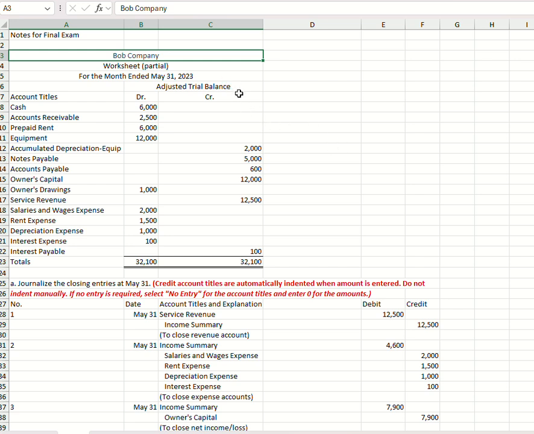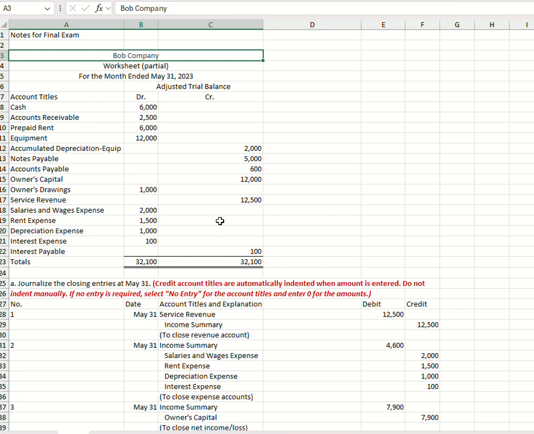You see the debits to cash, AR, prepaid rent, equipment of 6,000, 2,500, 6,000, 12,000, respectively. Then you have your credits of accumulated depreciation, notes payable, AP, owner's capital, 2,500, 2,000, 5,000, 6,600, and 12,000, respectively. You got a debit for owner's drawing and a credit for service revenue. You have some debits for your salaries, wages, rent expense, depreciation expense, interest expense, and finally a credit of $100